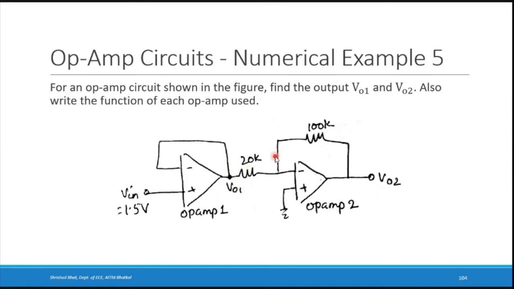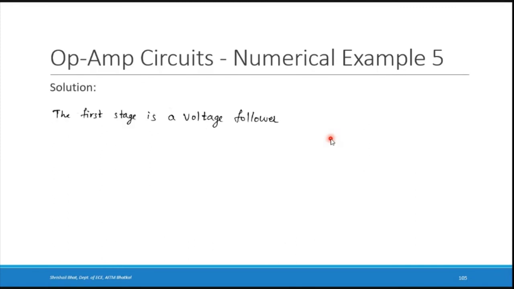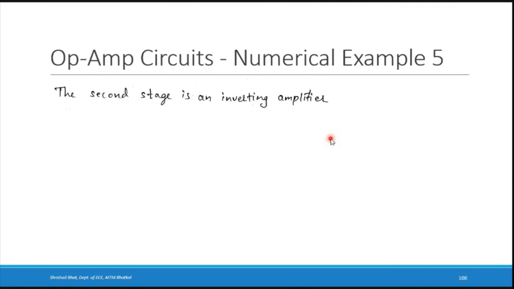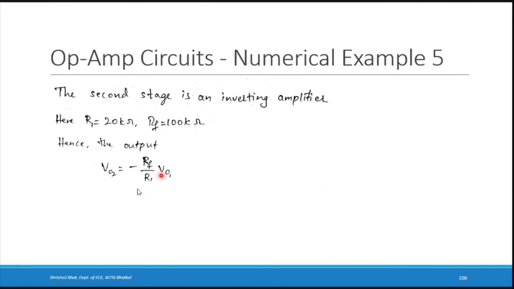R1 is 20K, RF is 100K. So the second stage is an inverting amplifier with R1 equal to 20K and RF equal to 100K, right? For an inverting amplifier, the output voltage is minus RF by R1 into Vin. Here the output is V02 and Vin is V01. So V02 is minus RF by R1 into V01. RF is 100K, R1 is 20K. Substitute RF as 100K, R1 as 20K, and V01 as